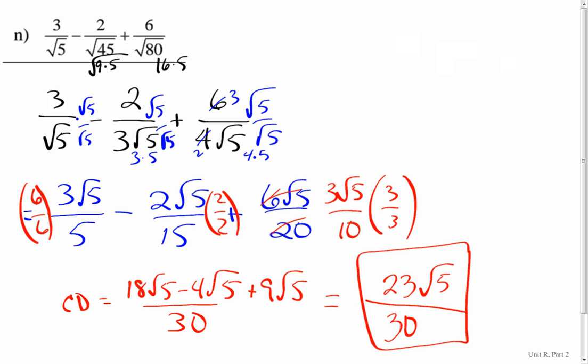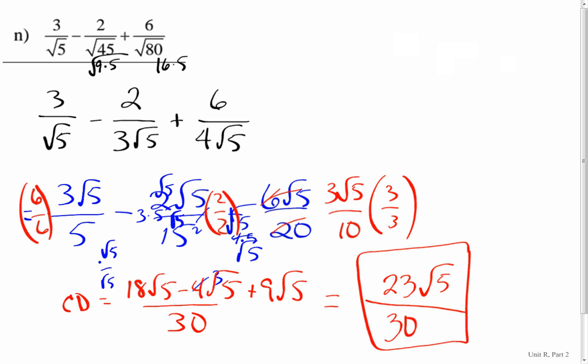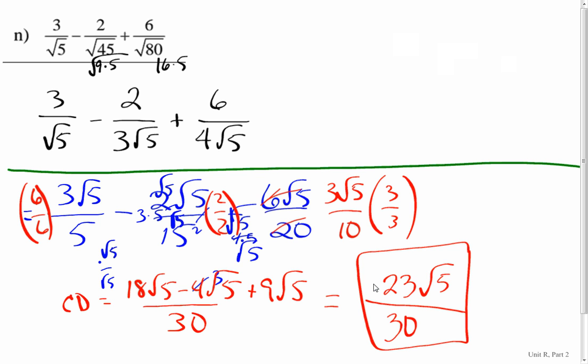Now, as I said, if you wanted to, feel free to ignore this and skip ahead a little bit, but what you could have also done is something like this, where you said, okay, the common denominator is 12 root 5, since you already have the root 5s there, and then you could have gone 12 over 12, 4 over 4, 3 over 3, and then you'd end up with